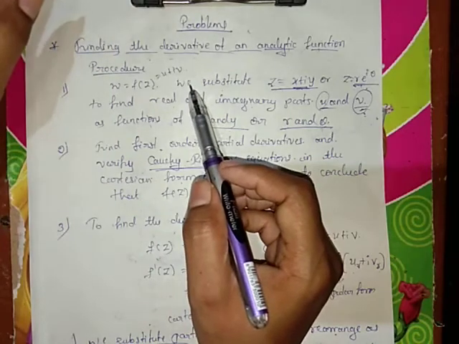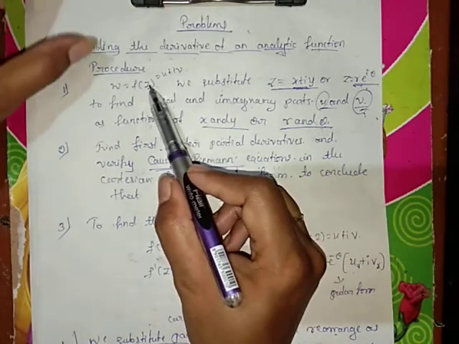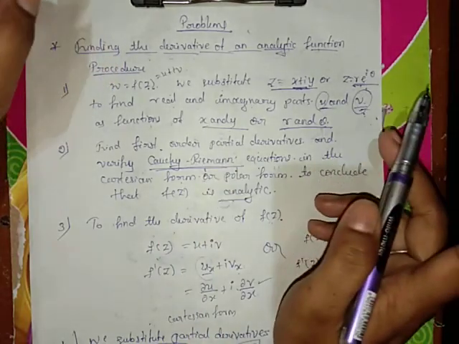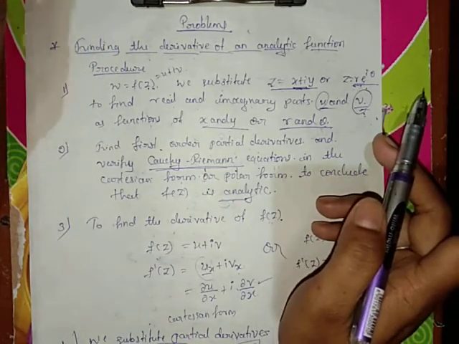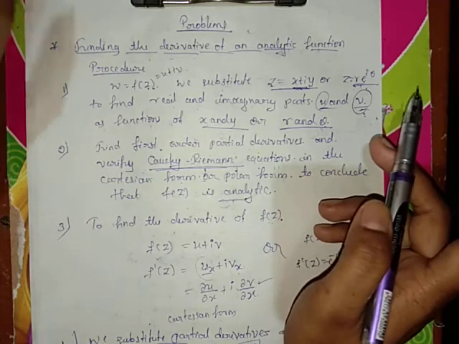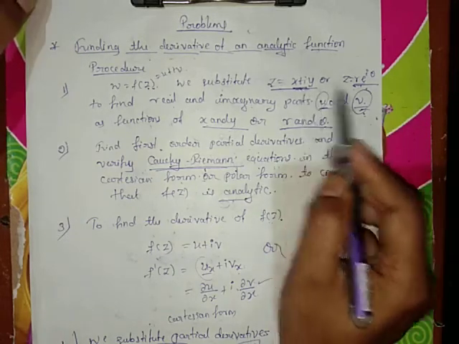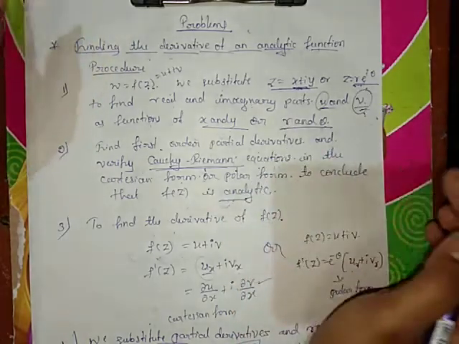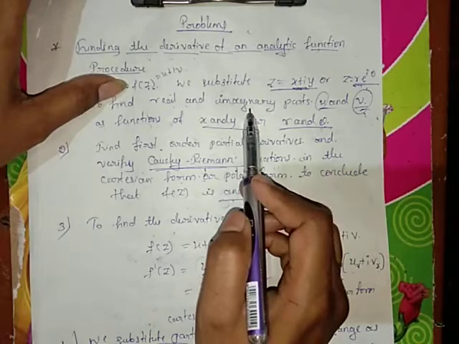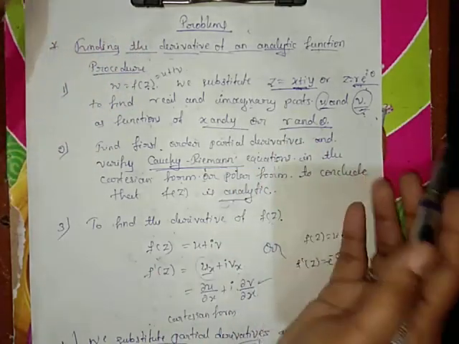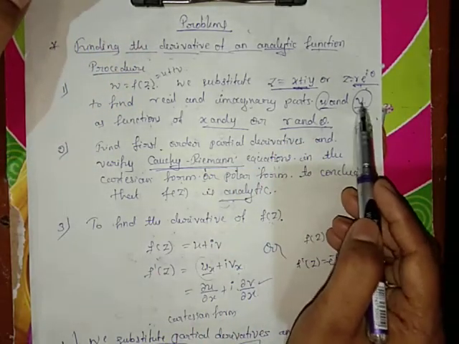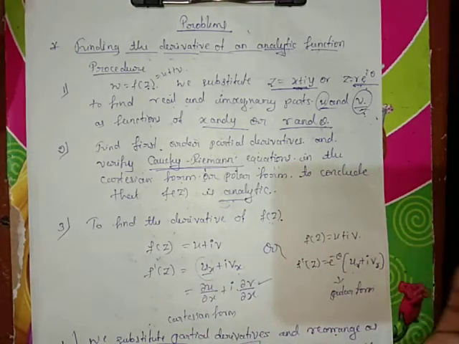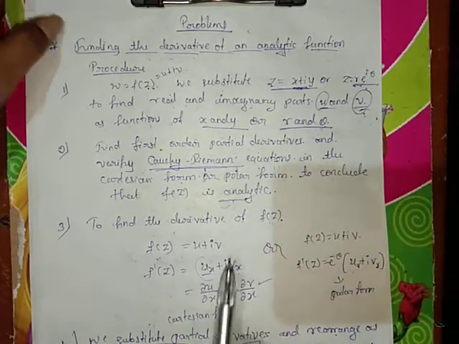I'm just recalling the procedure here. First you have to take the substitution either in the polar form or Cartesian form. Any one form will be continued based on the given equation. You have to decide which one to choose. It will not be given; you have to decide it. If you take the Cartesian form or polar form, whatever, find the real and imaginary parts by separating the terms. You will get u and v. So u and v will be either functions of x and y or functions of r and theta, based on the substitution.